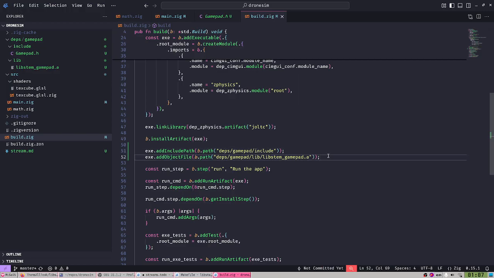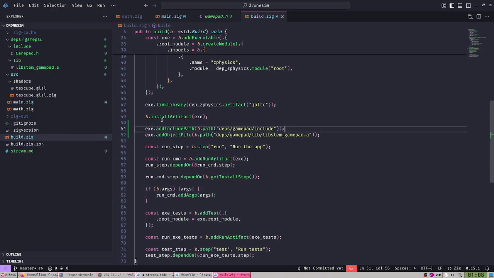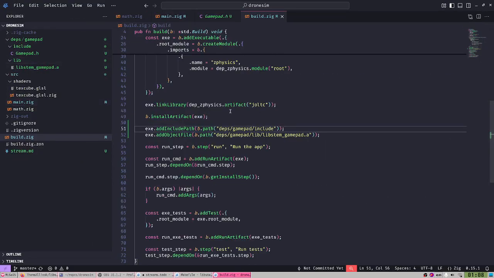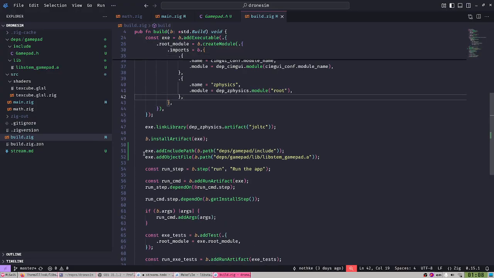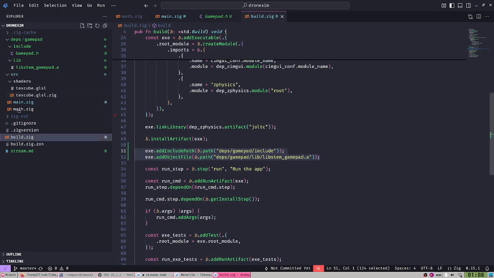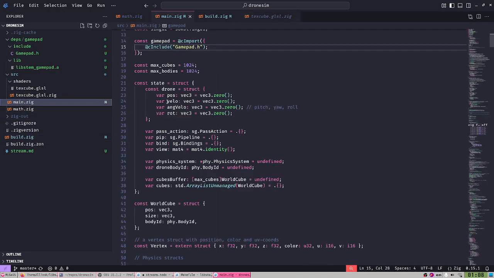Well, the problem, of course, here is that this is not cross-platform. This is just for Linux. And to be honest, for now, I don't care. When I eventually build for Windows, I want to rewrite the makefile so that I can include the C files directly and then build them for the game instead of just including them. But yeah, these two lines I added, and in main what I just did is